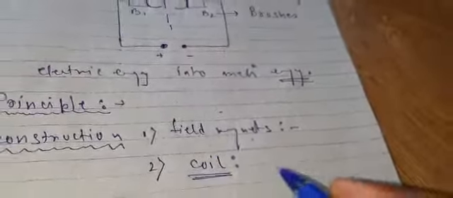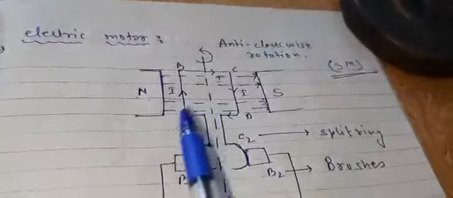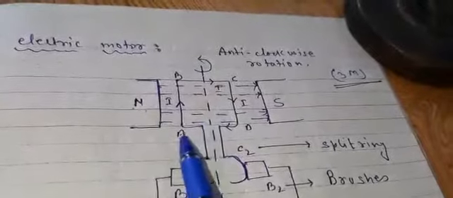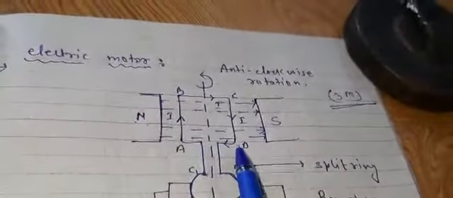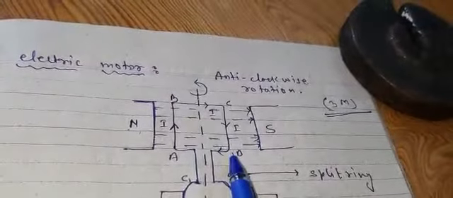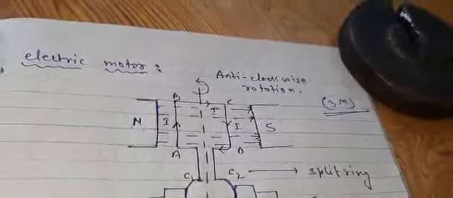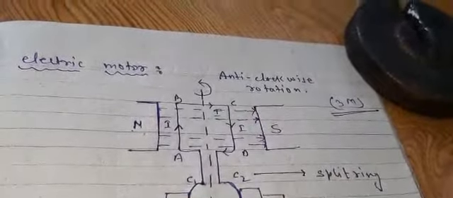Now our next part is the coil, the current carrying coil, right? The next part is the current carrying coil. Now what is the meaning of this current carrying coil? Listen to these things carefully. This current carrying coil, right now I am representing it through A, B, C, D. These are either in a rectangular structure or might be in the shape of a square. But let me tell you, mostly we use the rectangular structure. Why? I will explain, right?